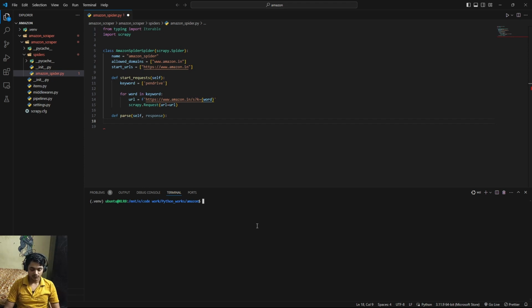For that, first we need to enter Scrapy's shell, and I just like to use IPython as a Scrapy shell. So to do that, first we need to install IPython. So pip3 install IPython,